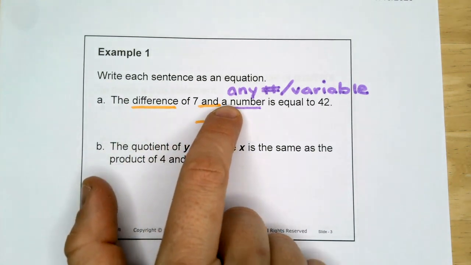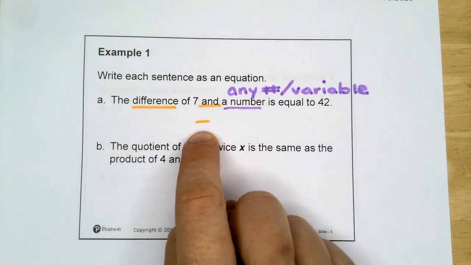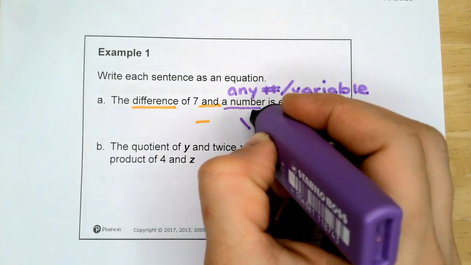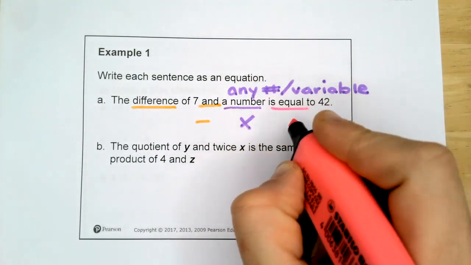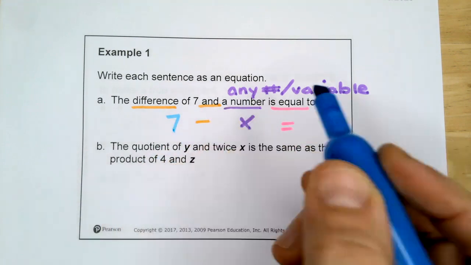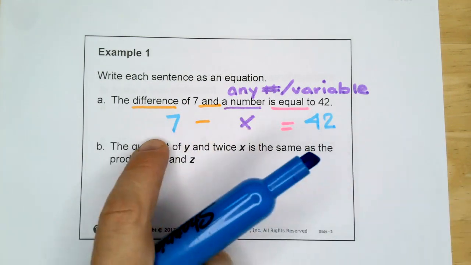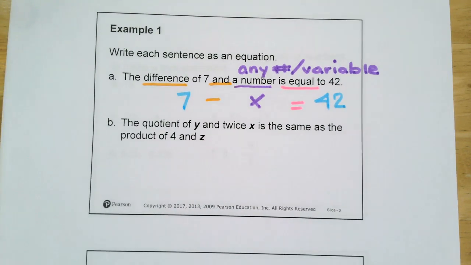The difference of 7 and a number is equal to 42. So we know difference means minus. A number means a variable. I'm going to use X. Okay. Is equal to, we know that one too. And then we just have our numbers. Remember, you always want to think about what order it should be in. Okay, the difference is straightforward. There's no need to change the order. Okay, subtracted from